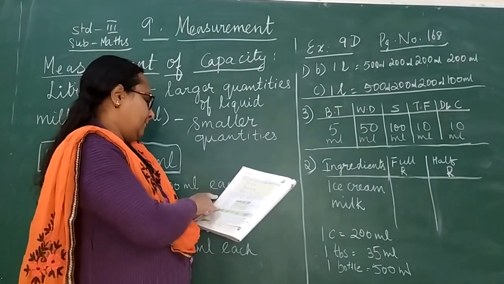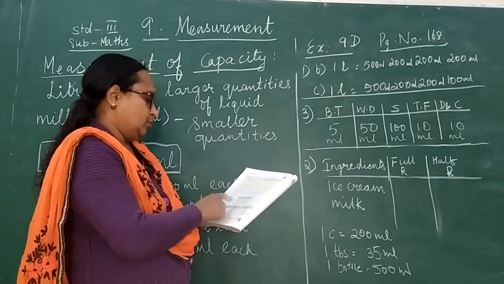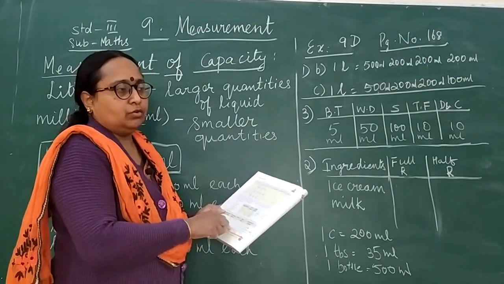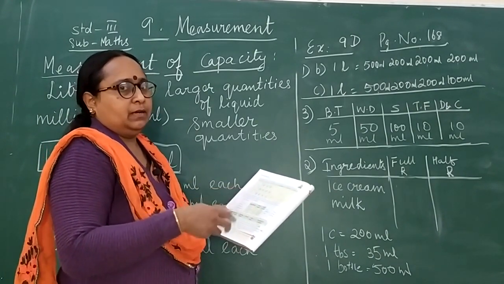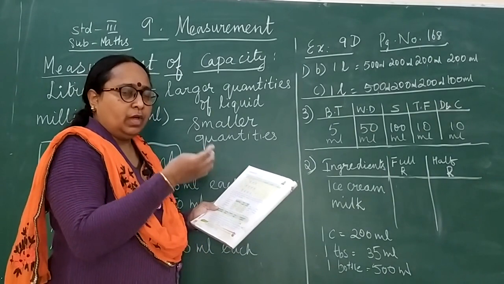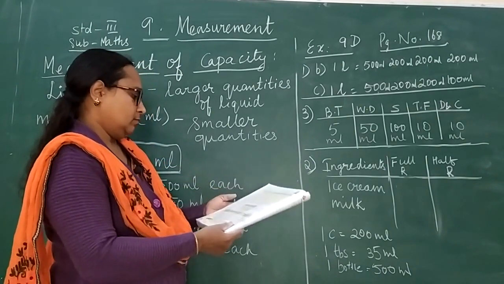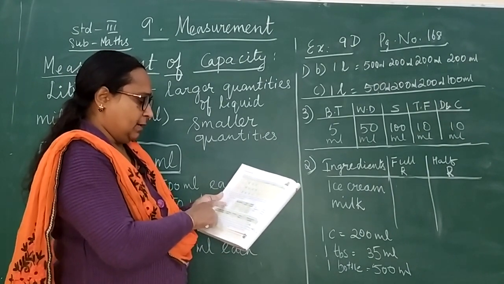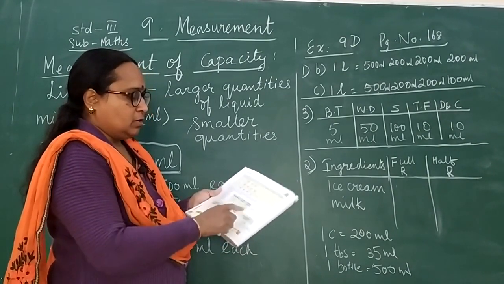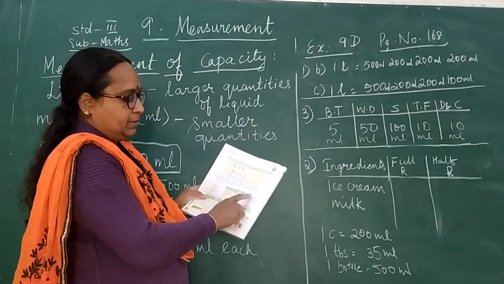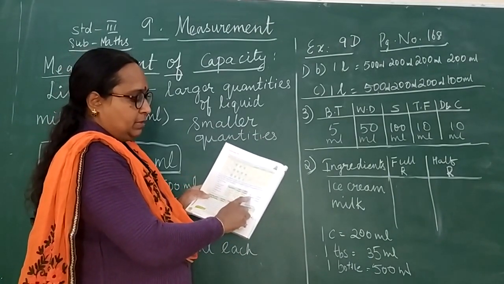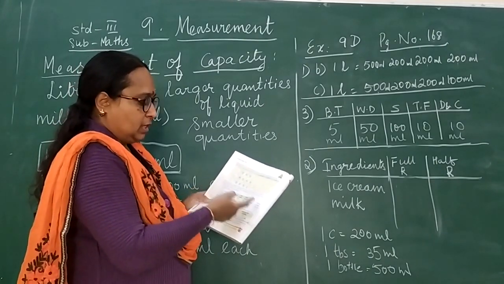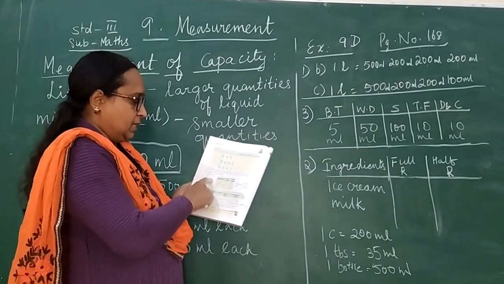So do this in your notebook. Okay. So show how much you will need if only half the quantity has to be made. So first you want to make for 2 persons. Now you want to make only for 1 person. So everything should be half. So here they have taken 2 cups mango, 2 cups vanilla ice cream, 1 bottle milk, 2 tablespoons honey. So they have given you the measurements also. 1 cup is equal to 200 ml, 1 tablespoon 35 ml, 1 bottle 500 ml. So using this you have to measure the given ingredients.